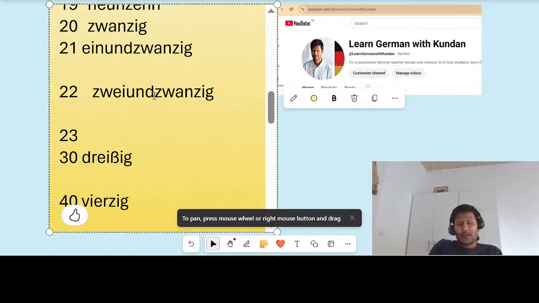Okay, all right. So you have to just see the sequence. So 22 is like 2 and 20. This is how we have to say in German. In German, it becomes zwei und zwanzig. Okay, and 23 is 3 und 20, like 3 and 20. 24 is 4 and 20. That is how you read it in German. So you will say 24 as 4 und 20, right? Excellent, excellent.